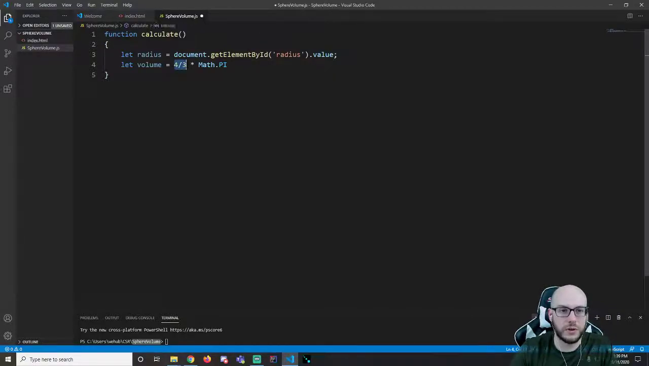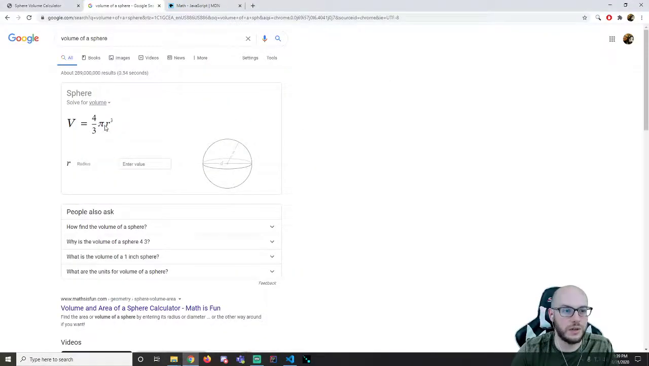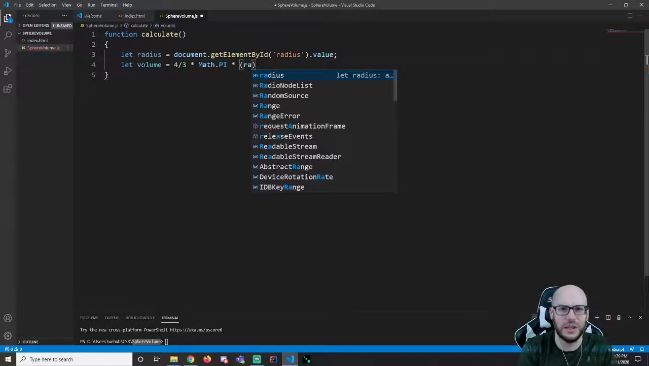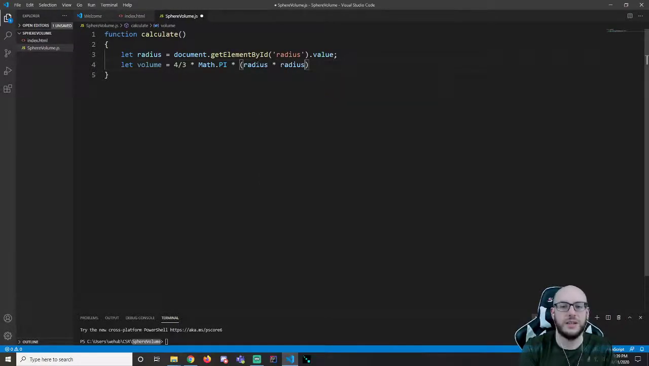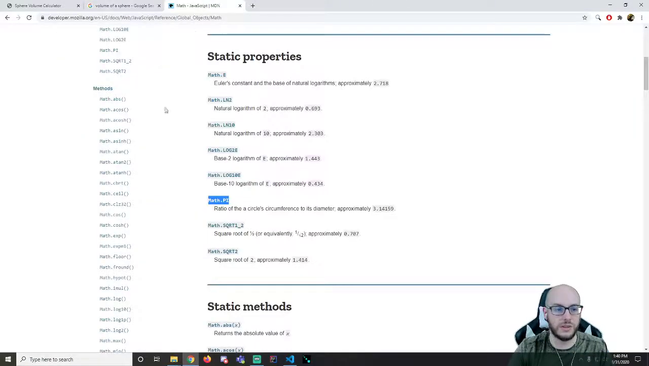So we're going to do 4/3 times Math.PI times, now the next thing I need to do in order to get my volume is our radius cubed. Now we could type it out 3 times, right? I could say something like radius times radius times radius. Okay, imagine if we have a much larger power. You can see why that is just not a good idea. Well, as it turns out,